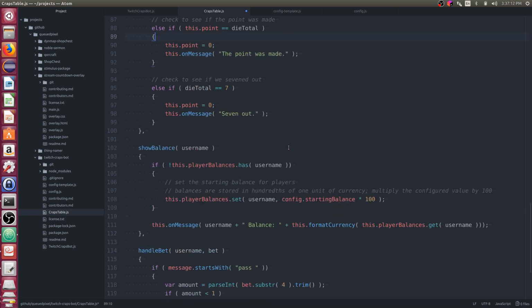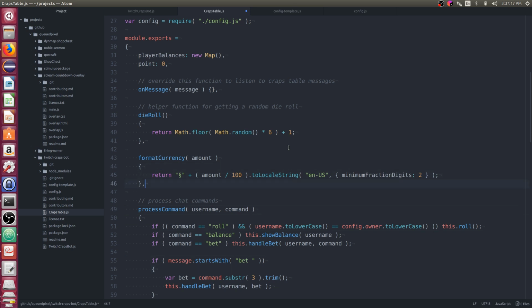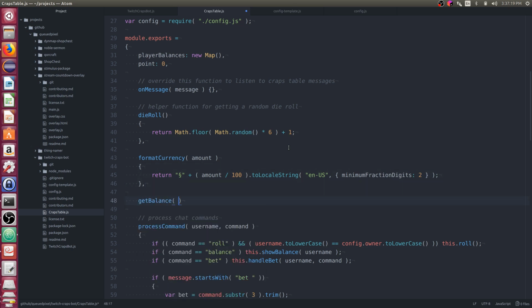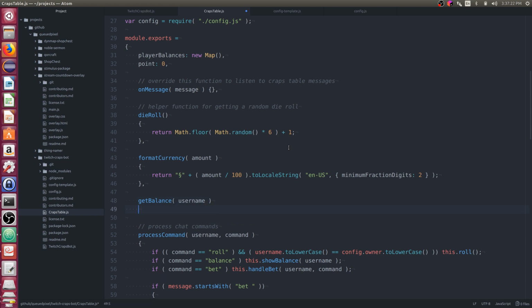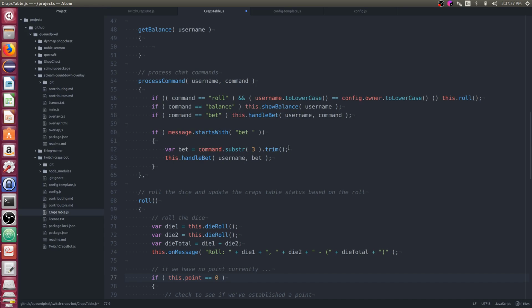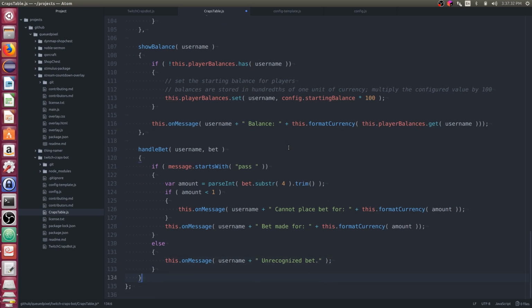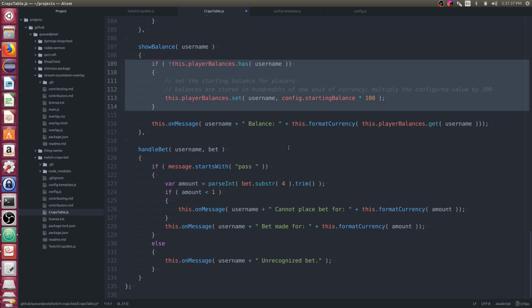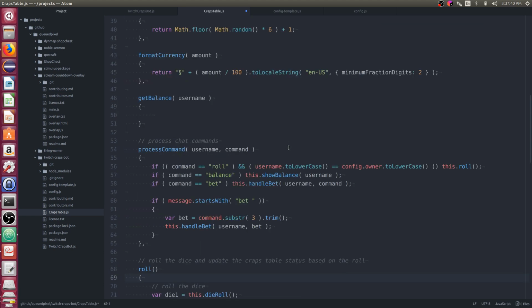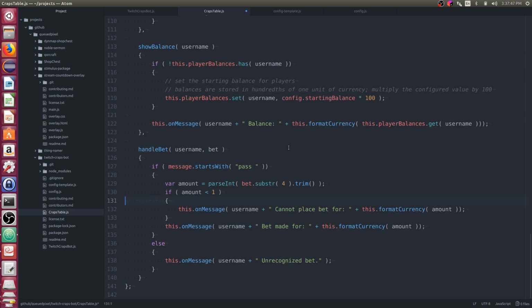Let's add a helper function to get a balance. And let's actually add in, where is the logic here to display the balance? And let's go pull out this as well.